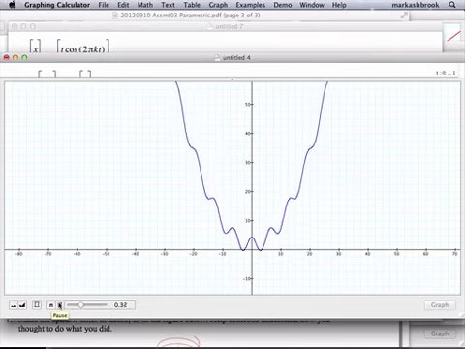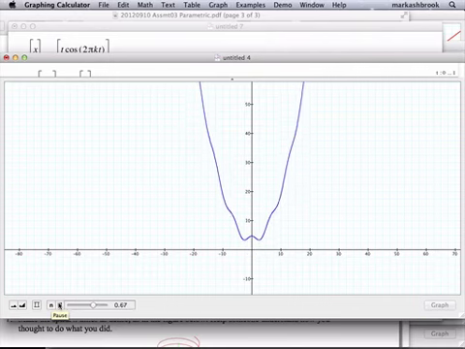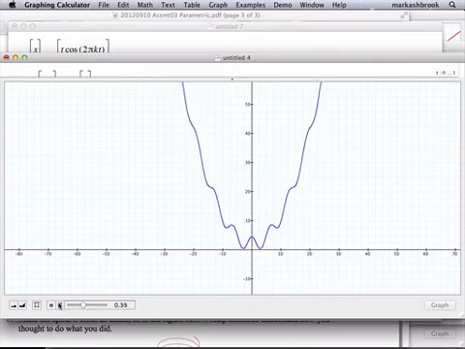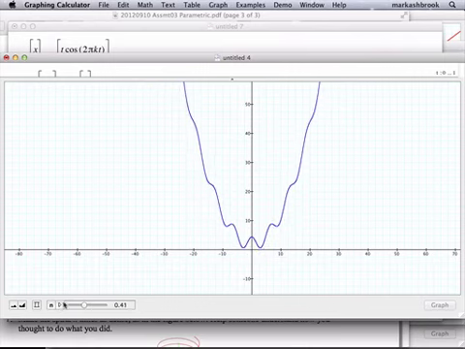Less and less. Slowly going more towards